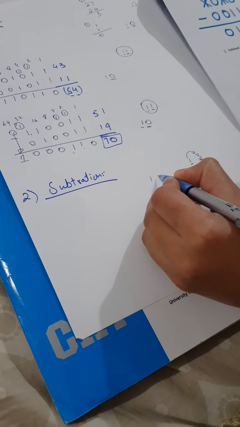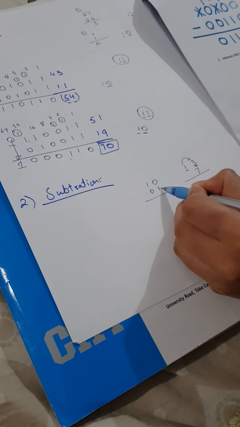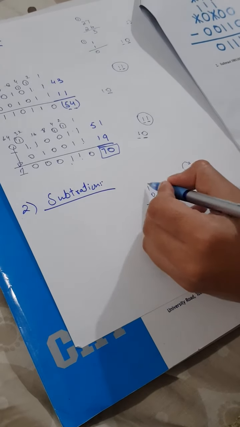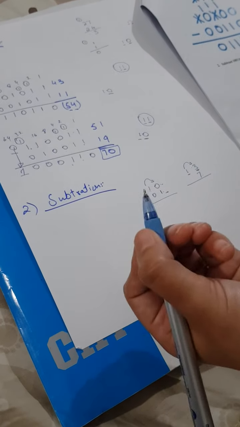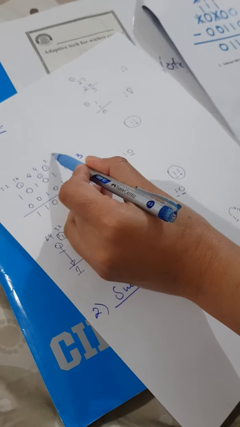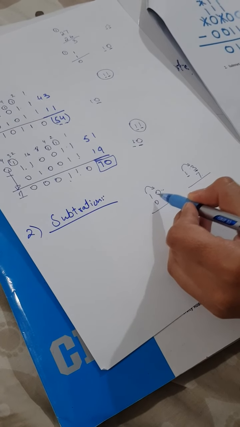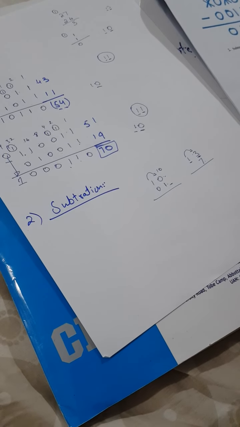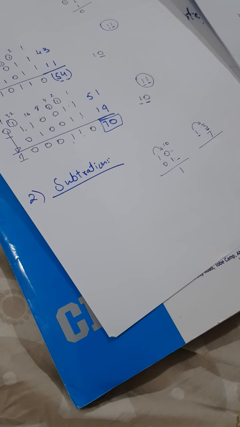When you are subtracting 10 from 01, let's suppose, 0 minus 1 is not possible because 0 is a smaller value and 1 is the higher value. So you need a borrow from another position, the left position. Again, it is a positional number system, so their values are different. The first value is 1, the second value is 2. So when you borrow 1 from the left side, the value is 2. It's 10, not 1. So this is 2 minus 1, which is 1. That's how the subtraction is done.